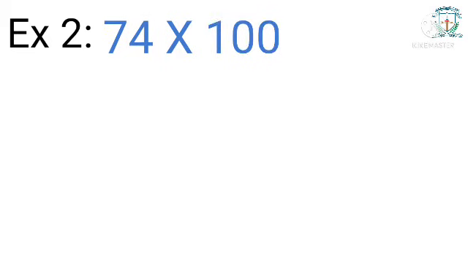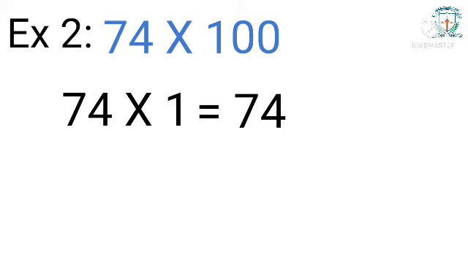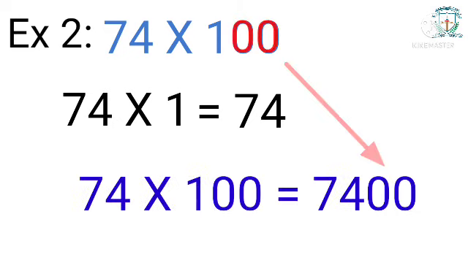Example 2. 74 multiply with 100. First, we shall multiply 74 with 1. We get 74. Since 100 is having 2 zeros, we put 2 zeros to the extreme right of the product. So, the product obtained here is